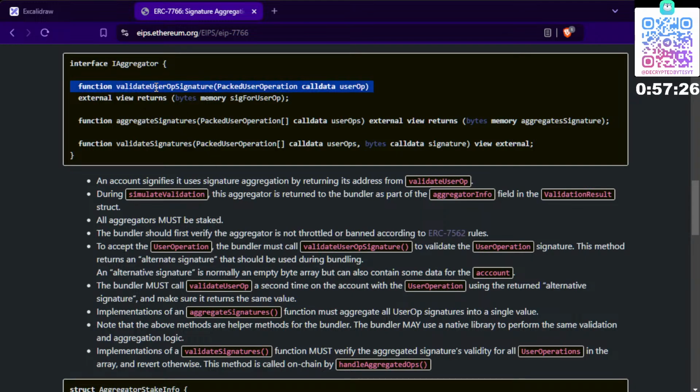So this returns single signature. Yeah, this returns single signature. This aggregates the signature, and this verifies the signature. So that's the